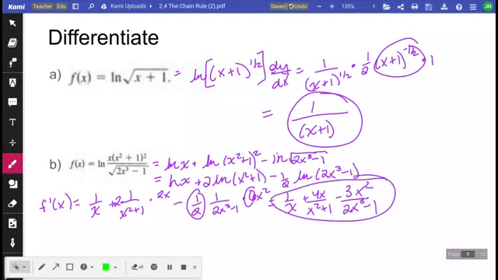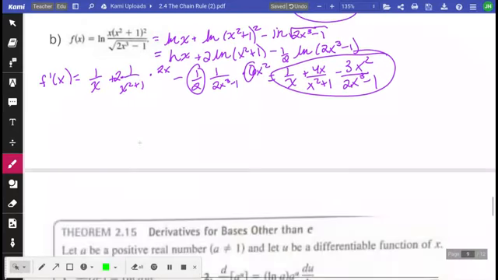Otherwise, you have to get a common denominator, which means they would all need to be multiplied together. Okay,